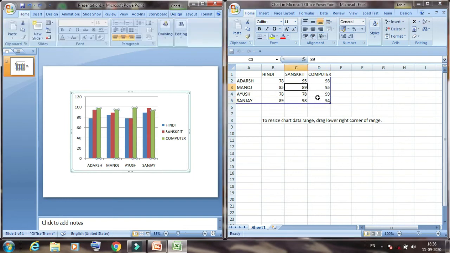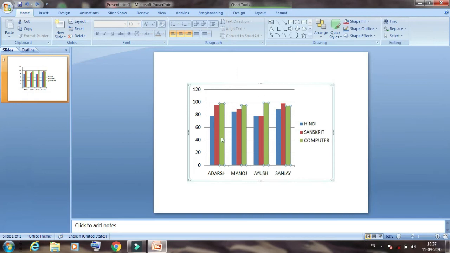Once you have finished entering the data in the cells, you can simply close the Excel file, because you don't need to keep it open; the data is automatically saved in this slide. And this is the final chart.